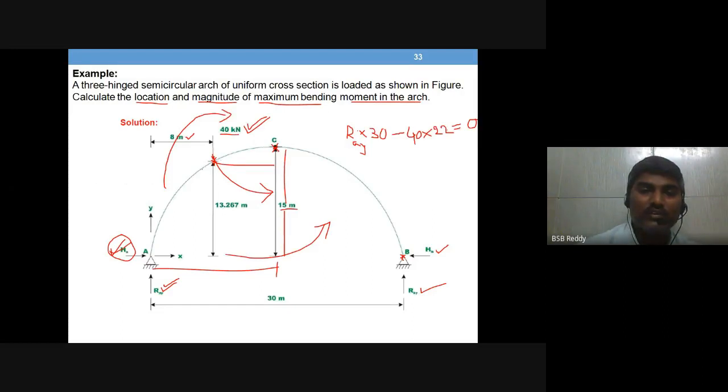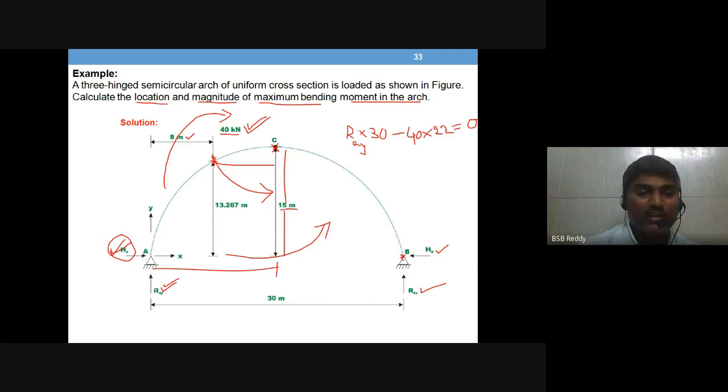We decided that the maximum bending moment occurs at the point load itself. Hence, to find the maximum bending moment, before solving for it, you should know the support reactions. Then only is it possible to write the maximum bending moment. And what else is required to calculate the maximum bending moment at this point?